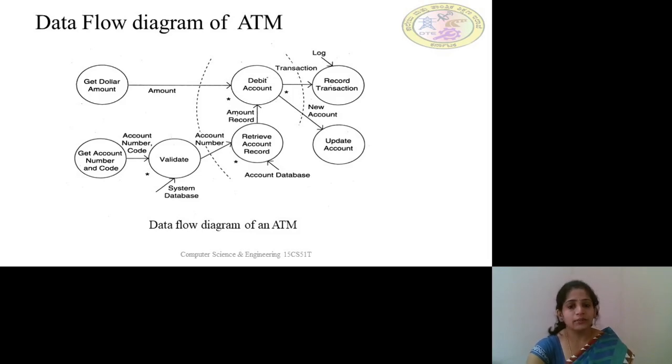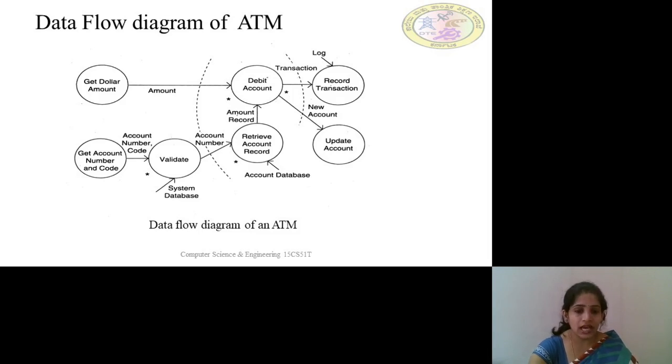These are the different modules that have been constructed in the ATM. After the debit account module, we can also record the transaction, that is, what are all the transactions that are being done. This transaction record will always be present in the log activity or the log details. So after debiting the amount, it has to update, saying so and so amount has been debited to your account. This diagram shows how we have identified different modules or units, each with its own functions, how they are connected to each other, and how the data will flow from one module to another.